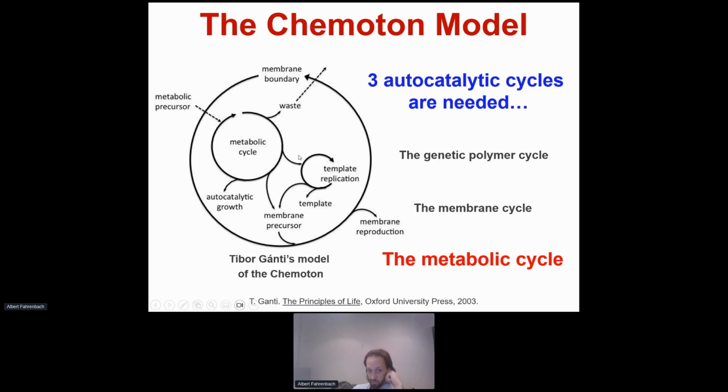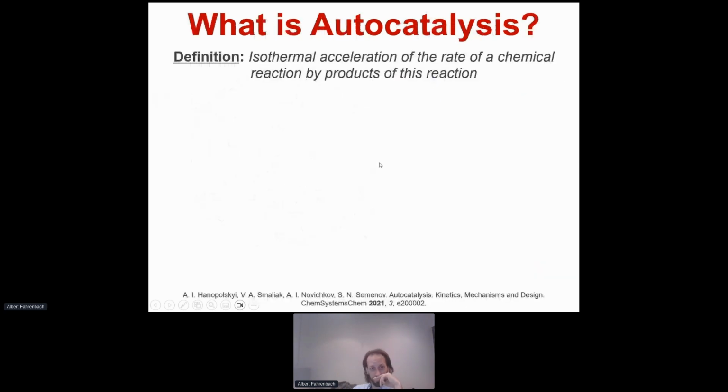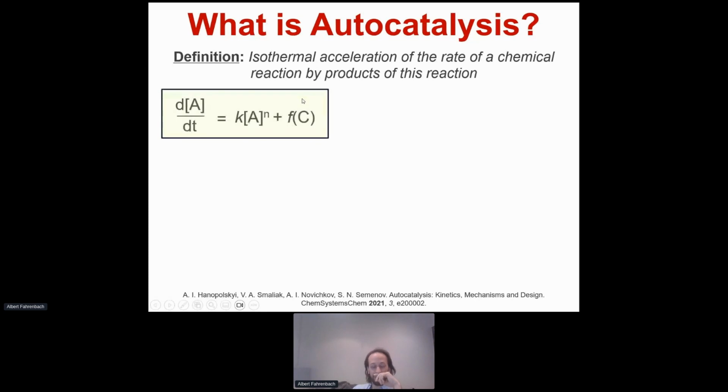Is there any way we can try to come up with something that would be consistent with this model that we could learn from? Okay, so what is autocatalysis in the first place? Strictly speaking, the definition is isothermal acceleration of the rate of a chemical reaction by the products of this reaction. It has a pretty mathematical definition shown here. The rate is proportional to this